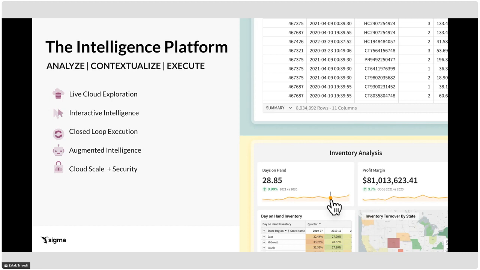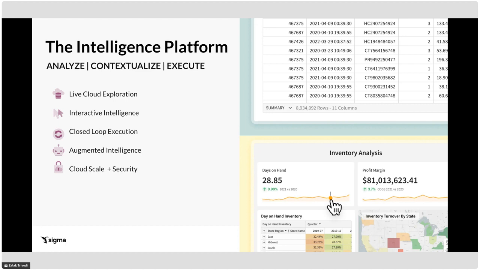The second is interactive intelligence. We allow you to uniquely incorporate your own data into the dashboard so you can provide additional context and really tell a complete story. We have this functionality called input tables where you can do scenario modeling, forecasting, add your external market data, and ask questions if you need be. Third is closed loop execution. So unlike traditional analytics and BI tools that we've known to love, where once you actually look at the insight, it really dies there. Sigma lets you take the action immediately on your insights by leveraging the modern data stack ecosystem.